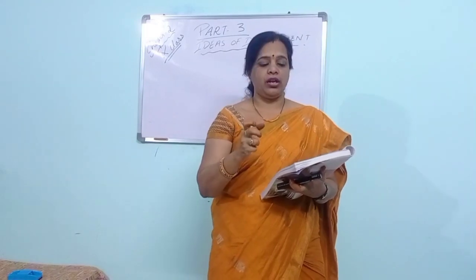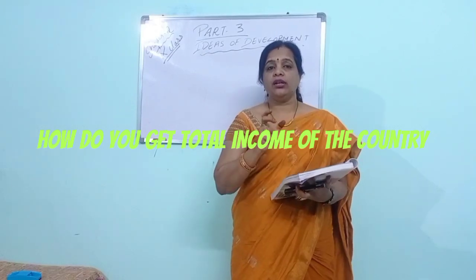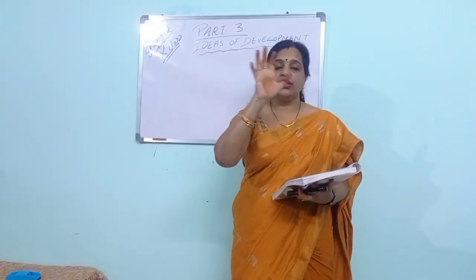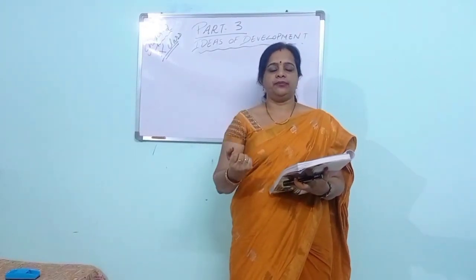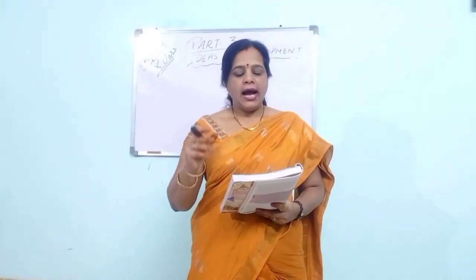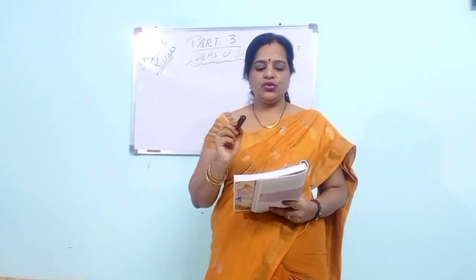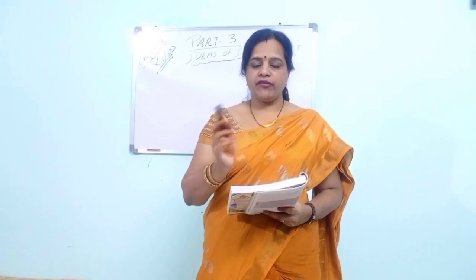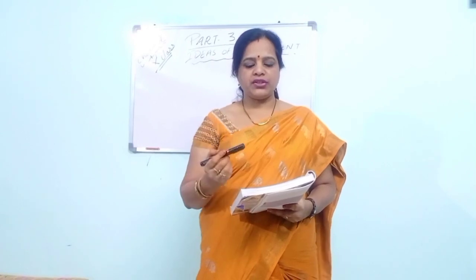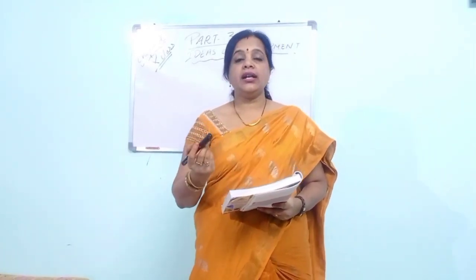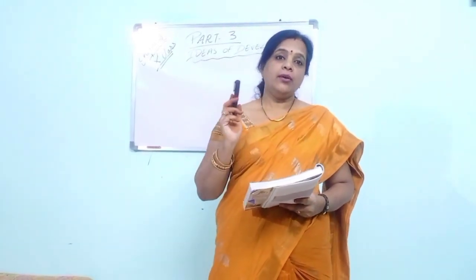national income, we call it. So this gives us the total income of the country. How do you get the total income of the country? When you calculate the income of the total population living there, then we get the national income. However, for comparison between countries, total income is not such a useful measure. Since countries have different populations, comparing total income will not tell us what an average person is likely to earn. So we can't take the income of the country directly; we have to take the population also.